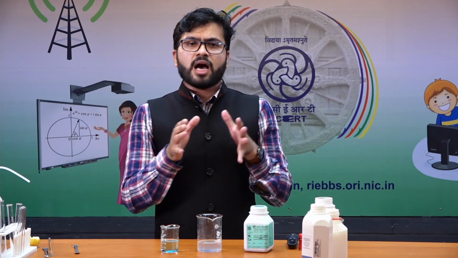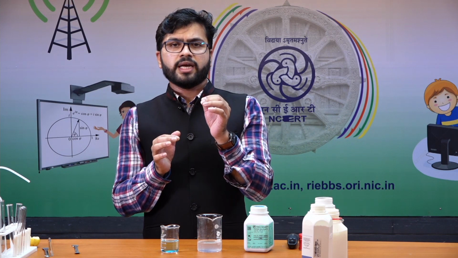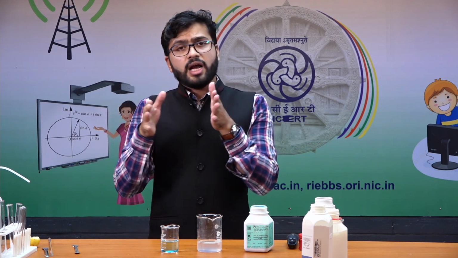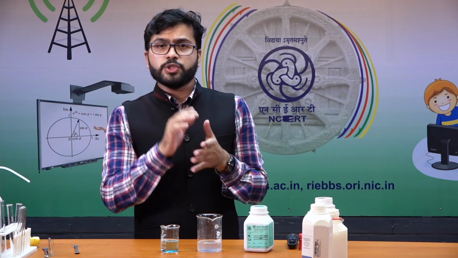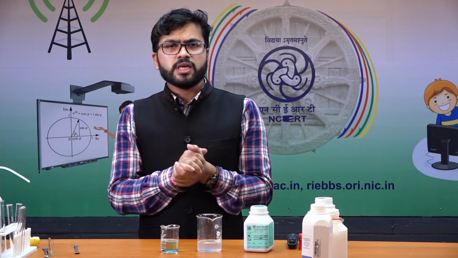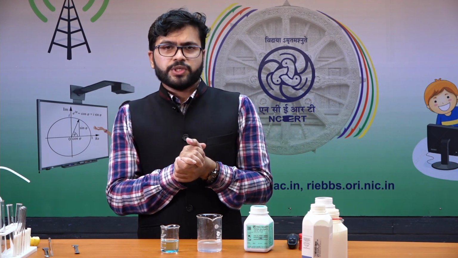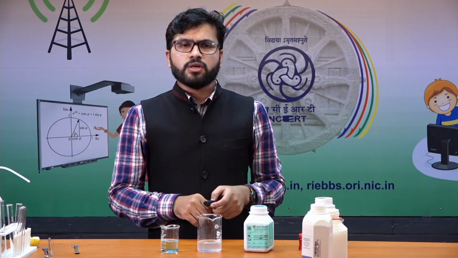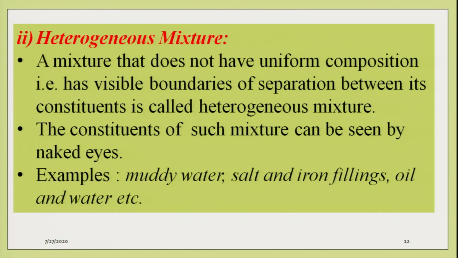So this gives us an idea that homogeneous mixtures are those mixtures in which the components are uniformly distributed. The particles are not visible to our naked eyes. That means we cannot distinguish between water molecules and we cannot distinguish between lemon juice molecules. That means it's a homogeneous mixture. Coming to the heterogeneous mixture, the definition on your screen: a mixture that does not have uniform composition,